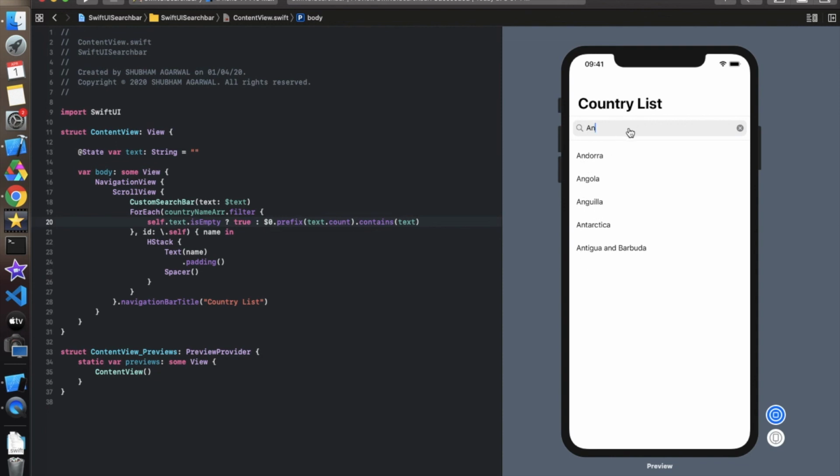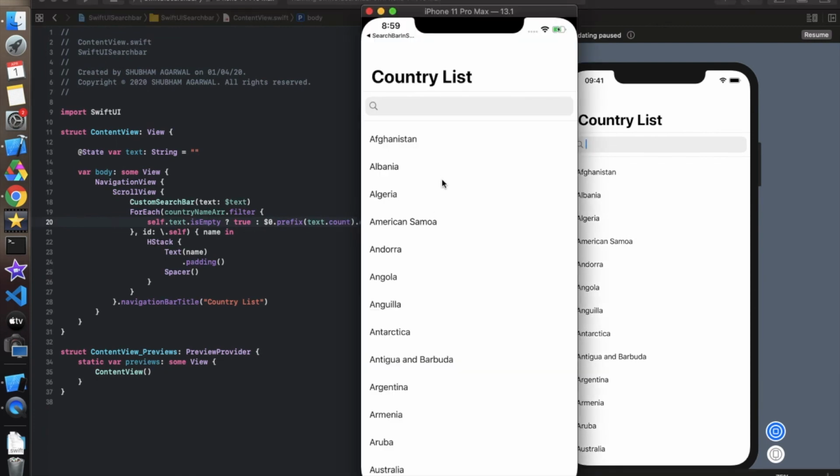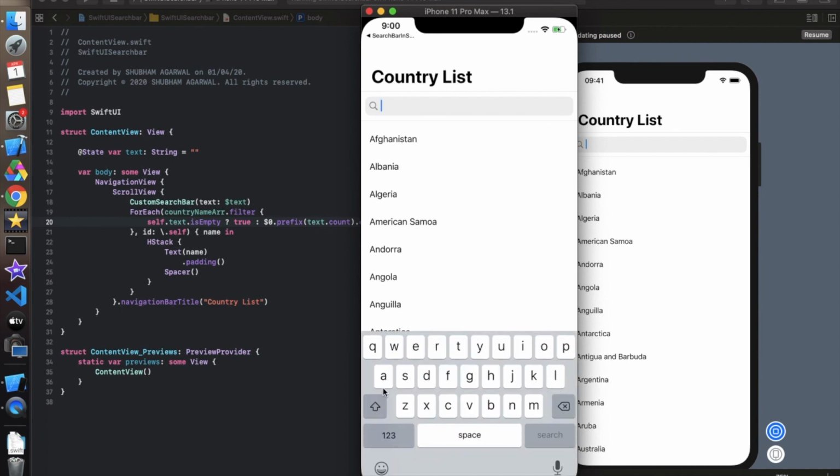But there is an issue if we type a small a. Is it working fine or not? In that case we will check in the simulator. So let's run this and check it in the simulator. The application is running. Now let's type a small a. I'm just opening the keyboard over here and simply typing a small a. If I type a small a, it is not showing any element because there is no small a in the list. So if we want to support it, if the user types a small a or a capital A, it doesn't matter.